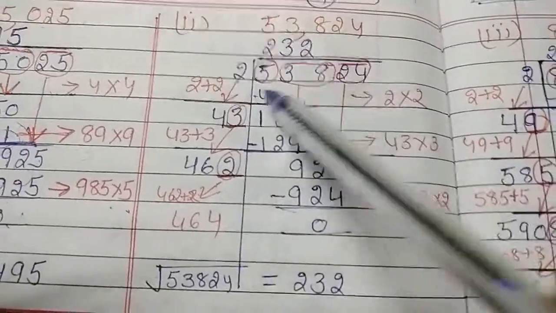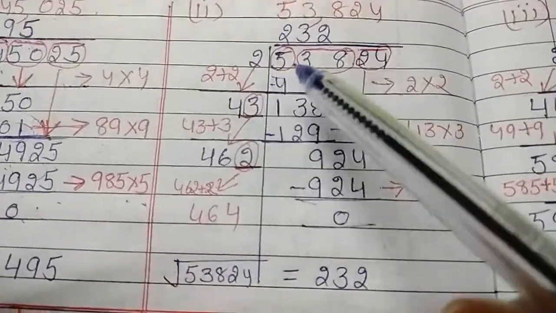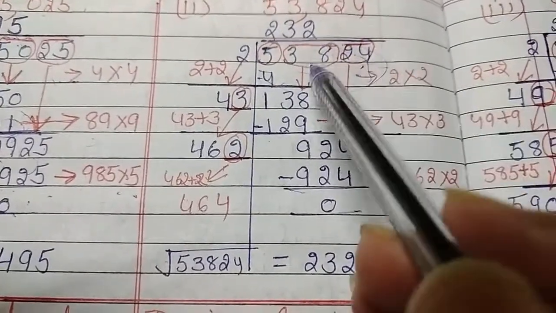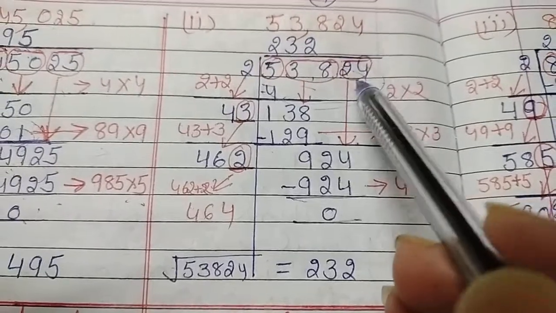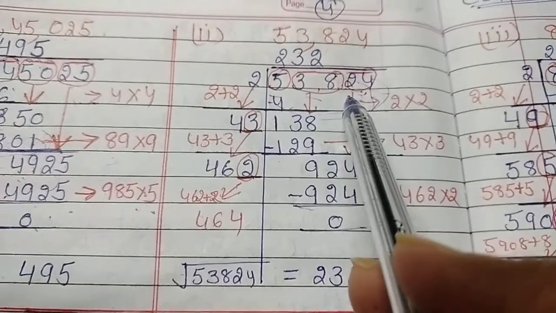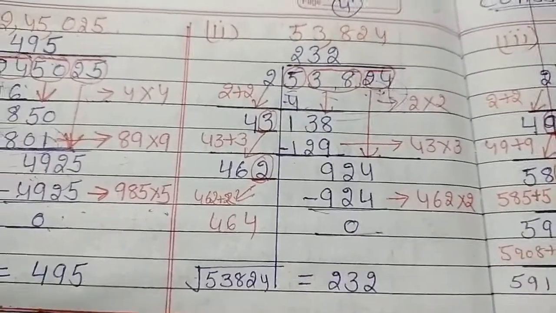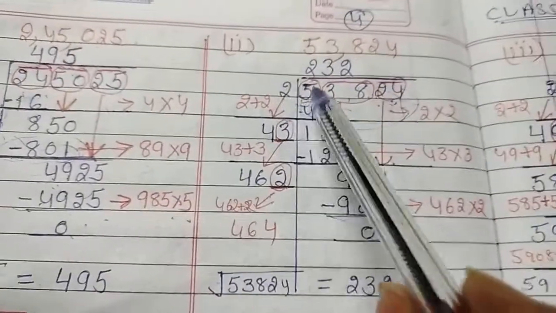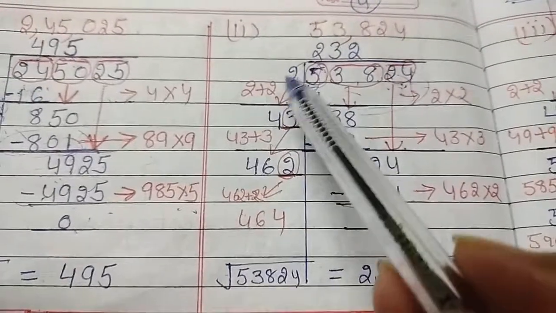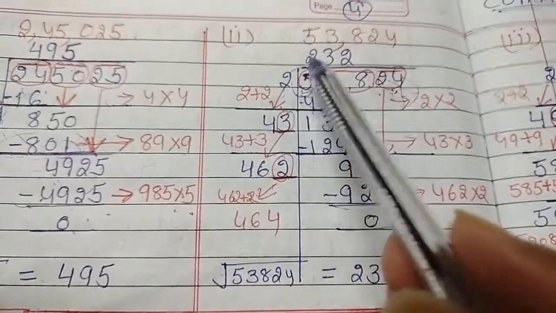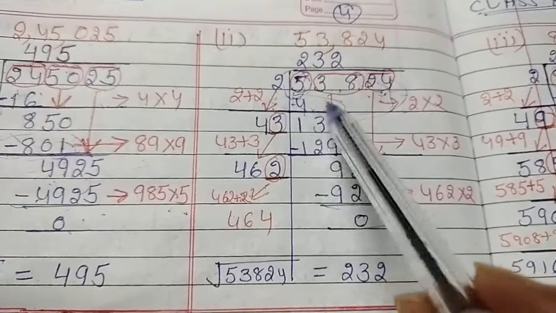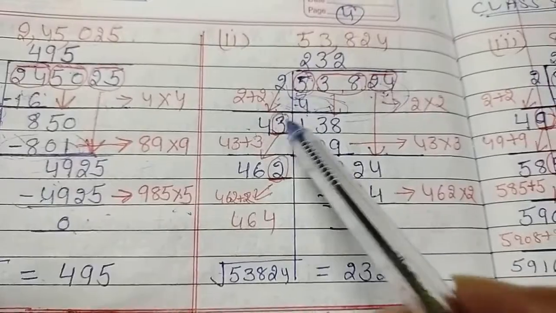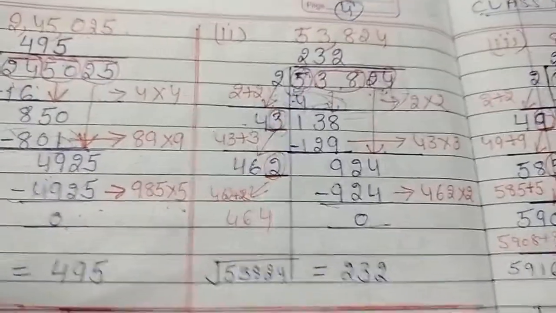Now suppose I have an odd number of digits. The procedure is the same, but the pairing criteria will be different. Here again, starting from the back, make two-digit pairs, but if the digits are odd, then one digit is left in the front, and you make it a single digit. Then our next number is 2, 2 twos are 4. If 2 twos are 4, you multiply 2 here, and 2 must be added for the next divisor, and leave the space on the right side for making the next divisor.